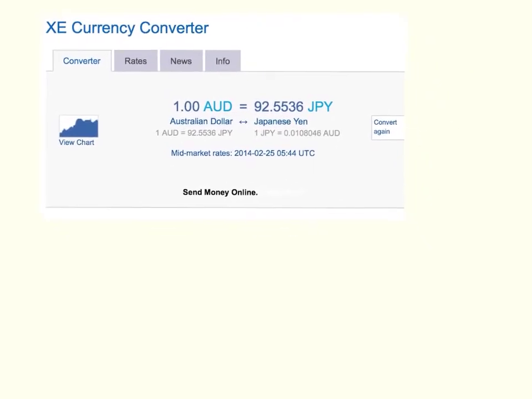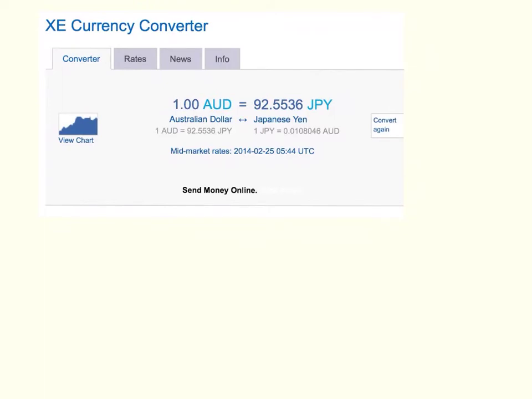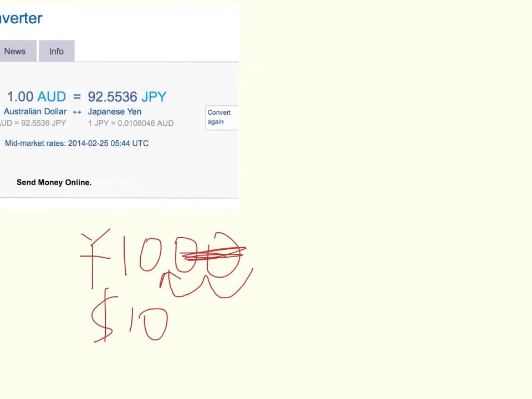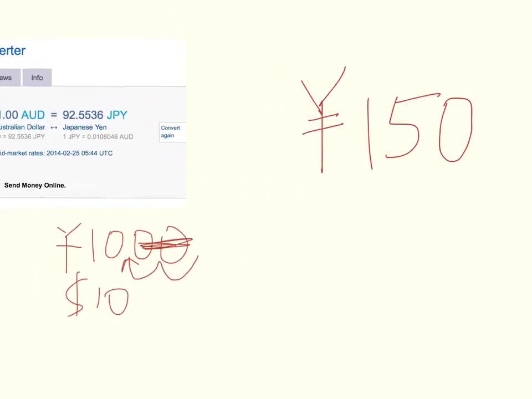So let's just keep that in the corner here. We'll just put it up there, and I'll show you how I tend to picture what, let's say, 1,000 yen is. Basically what I'll do is get the decimal point and put it back 2 places. So when somebody says 10,000 yen to me, automatically I'm thinking $100. Or if it was, say, 150 yen, you just take that decimal point back 2 numbers and you end up with $1.50